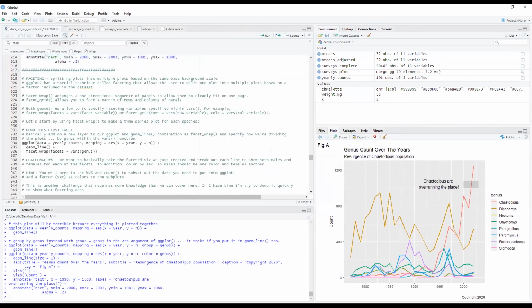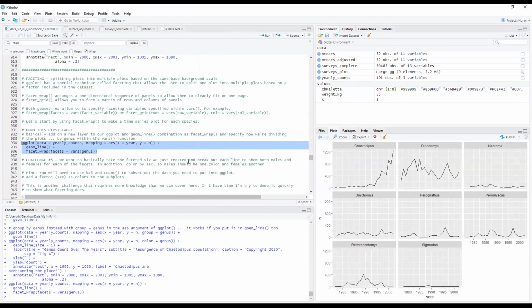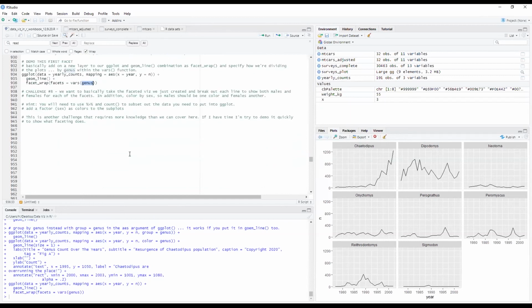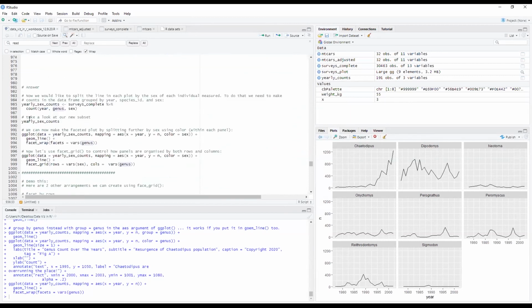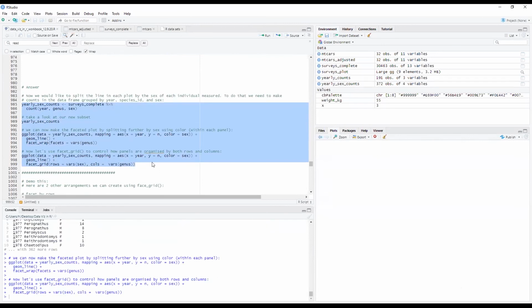Another really cool thing that I wish I had more time to really talk about is something called faceting. So I'm going to really run through these codes. Faceting is super interesting. It allows you to create small multiples, basically. And so here's one way where I'm using a function called facet_wrap, and I'm doing it based on genus, and I get these 6, 7, 8 genus all in the same scale of X and Y scale in small multiples. And we can really jazz this up and create something really unique and interesting. So I'm going to run through all this code to get something.